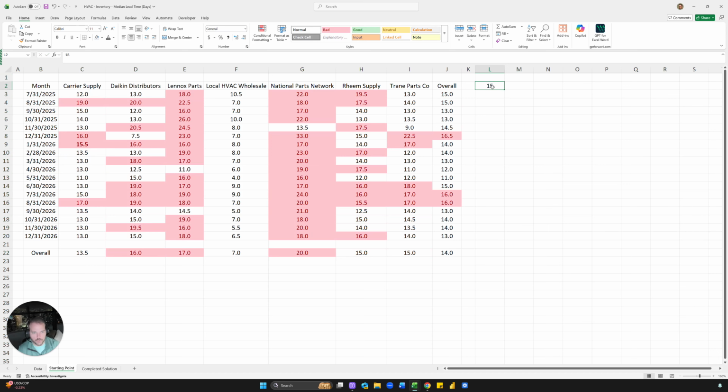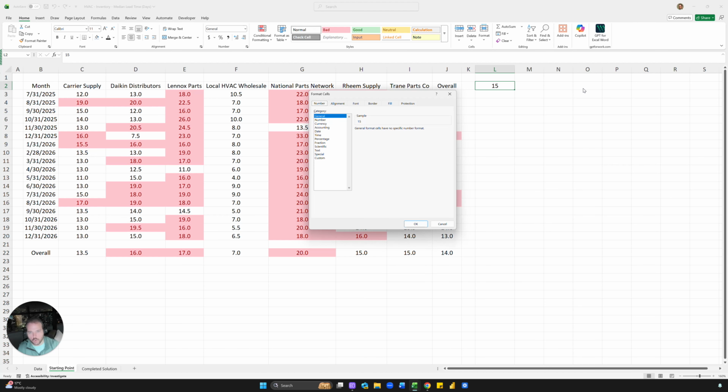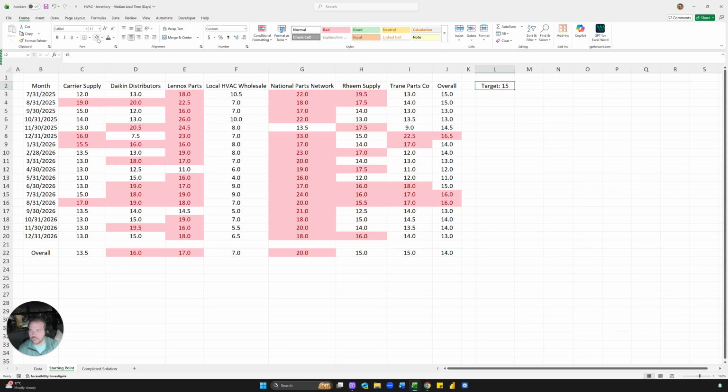The final thing I want to show you is if you're sharing this with colleagues or other members of your team, they might not know that it's a changing cell. So we want to tell them it's a changing cell by having the word target. But the problem is it's being stored as text right now, and we don't want that. We need it to be a number value, but have the word target there. So we want 15, and then press Control-1 to bring up the format cell dialog box, then custom, and then you can do the 0 here, and then your quotations, target, colon, space, quotation, and then you have this here. That's essentially how you do this